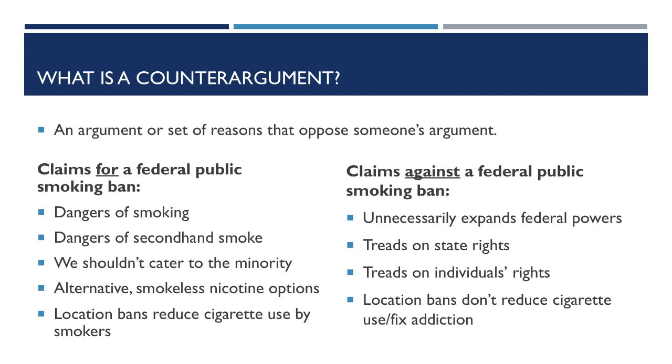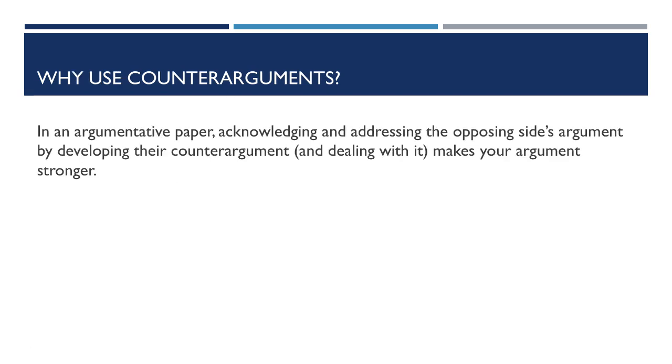And the opposing side might want to say things like having a federal smoking ban unnecessarily expands federal powers, or it treads on state rights, or it treads on individuals' rights, or that the location ban doesn't necessarily reduce cigarette use or fix addiction issues. So in an argumentative paper, you want to create your argument for your side, but also address the opposing side. And you can acknowledge them and figure out how to deal with them through developing a counterargument for them